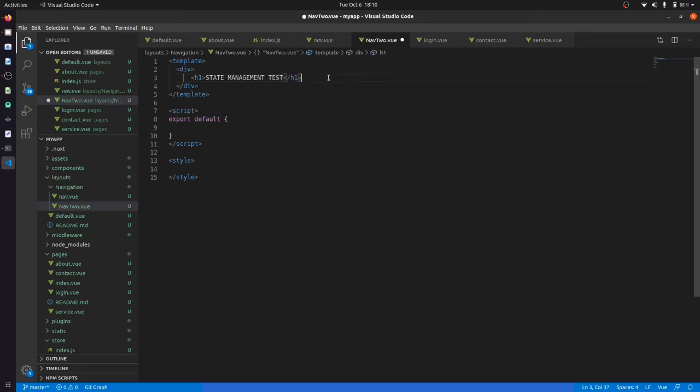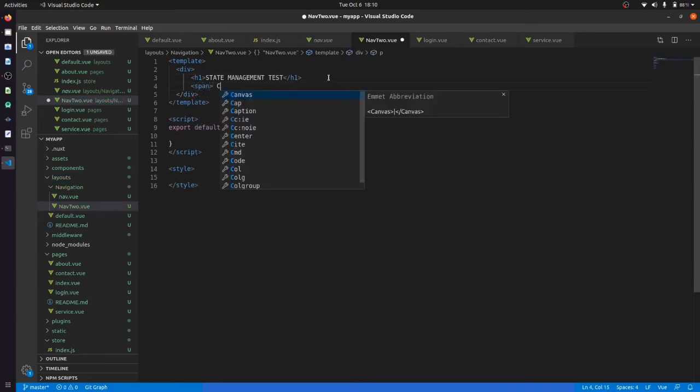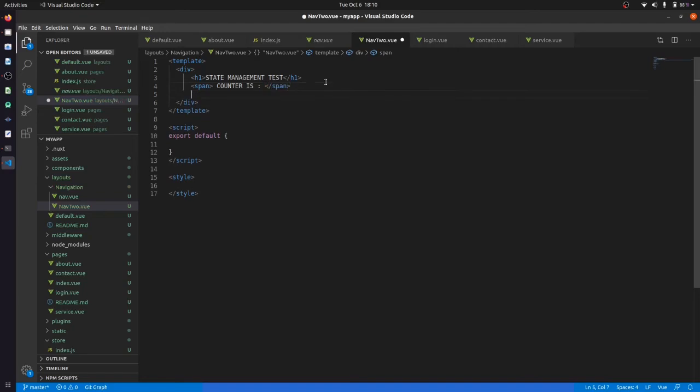After that we will have a span, and it will say counter is. We will give something here, and then after the span we will again have a p tag. You can give it anything, name is, name or text. You can say that text is.